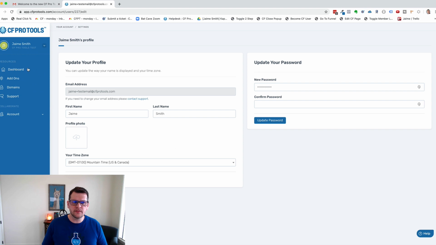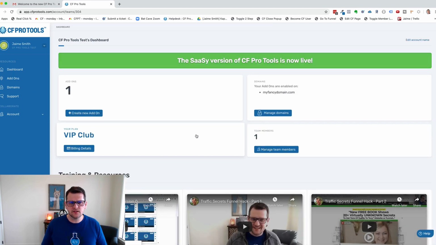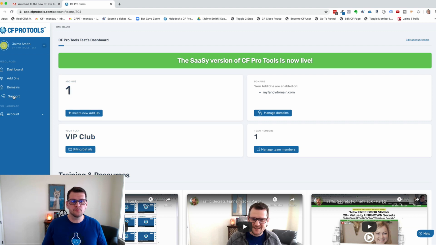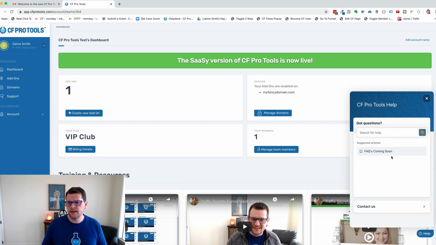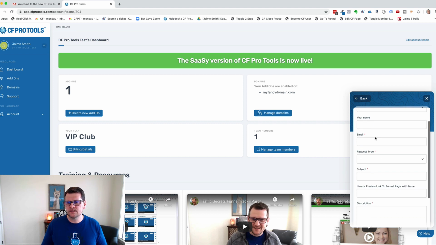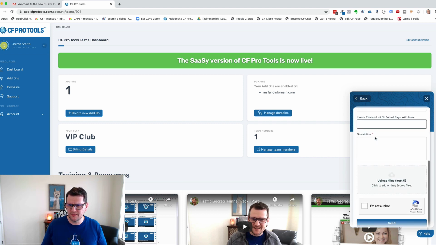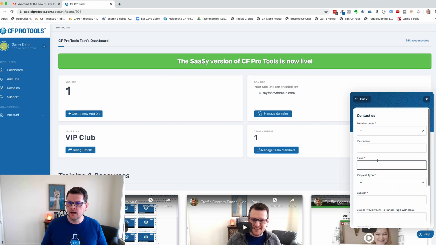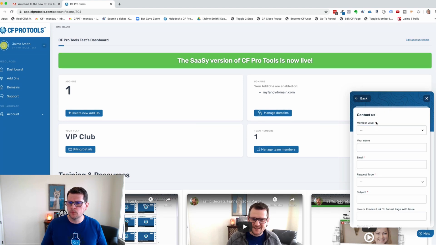And then the other thing that you'll want to keep in mind is that there's actually a couple of ways to get support. You can click on the support link here, and it's going to open up a new tab where you can submit a support ticket, or from right within the system, you can open the help, and then you can search. We'll be building out our entire frequently asked questions section in our entire help desk. And then you can also click contact us and you can submit a ticket from right here within the system. You can upload files and you can let us know your member level and your name, email,